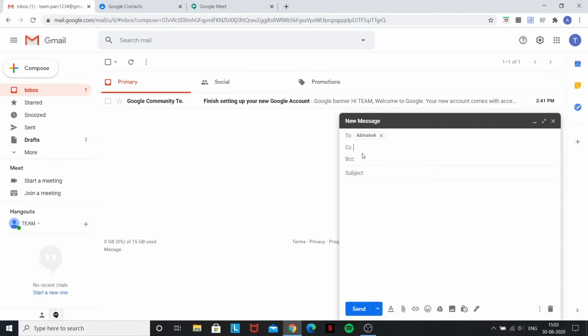This basically means that whoever you write in this column will get a copy of the email that we send to the main recipients. So if I write Abhishek and then if I write carbon copy to some other email address, then these people will get the copy and they'll know that it was meant to be sent to Abhishek, but they also received a copy.